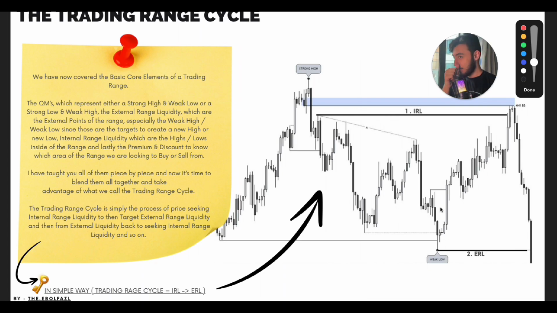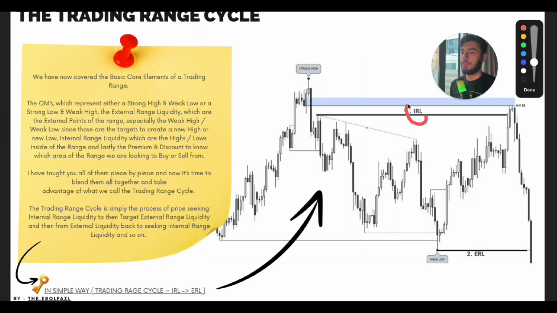So before we dive in, just take a look at the formula. First, second, and the third. The first one makes a connection with the second one, and the first and the second one make a connection with the third one, right? So these are going to be the safest internal liquidity that we can have. Also, if you take a look, this high failed to take this low, right? So this is going to be the T2 here. So we can have a T1 and a T2 at the same time.